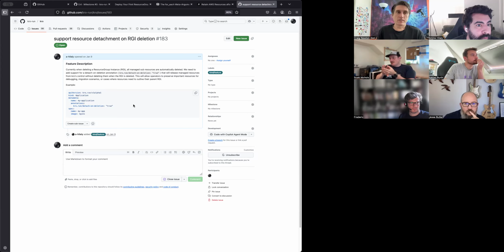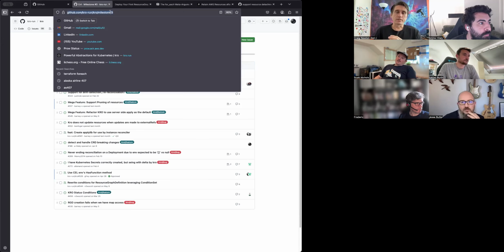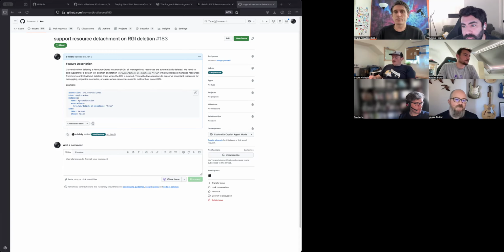The other use case I can think of is if this CRO resource created something like a secret, and that secret's like a sealed secret, signed with a specific key. You don't want to lose that specific thing, but you want to retire this resource and maybe migrate it to some other resource in the meantime. Yeah, so you want to unmanage it and then you can adopt that resource into another one. For a migration strategy to a new resource or new resource type, that could make sense. Yeah, that feels good. Okay, cool.